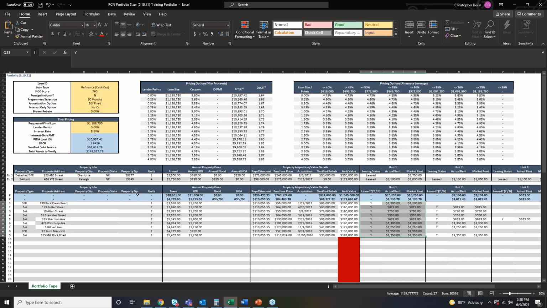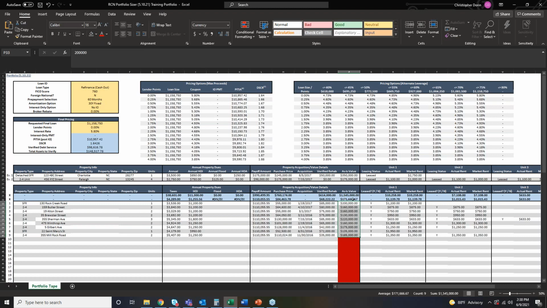And again, if I'm looking at the sizer here, we're looking for an average value on each property of at least $100,000. So if I look in this lighter blue shaded section here, the top number in each of these sections is the total of the information that's put in here. The second number on the second level here, this is the average of the total information input below. So I can see here, I have a total amount of property valued at 1.545, but my average property value is